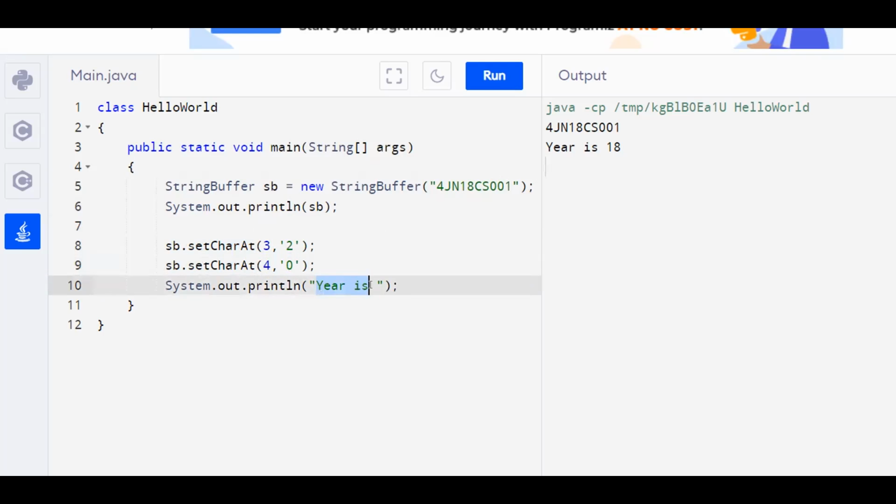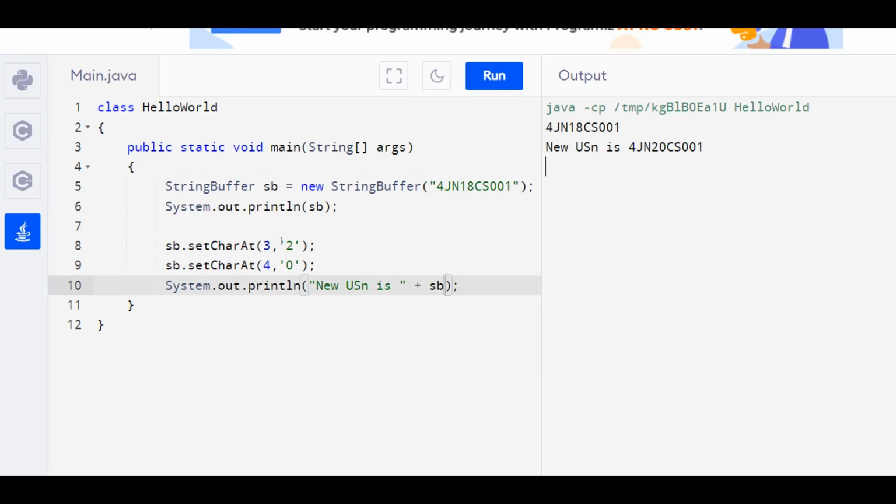Let us change the message: new USN is, and we'll print the string buffer SB. Now you can observe the new USN: in place of 18 we have 20. So we have modified specific characters in that particular string. This is using the setCharAt method.